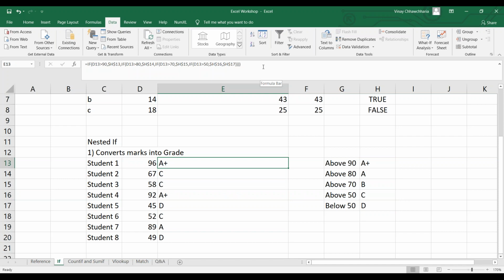Because all these complex ifs, you cannot achieve anything without dollars. We will wait for 1 minute, and then we will move to our next topic, which is COUNTIF SUMIF.